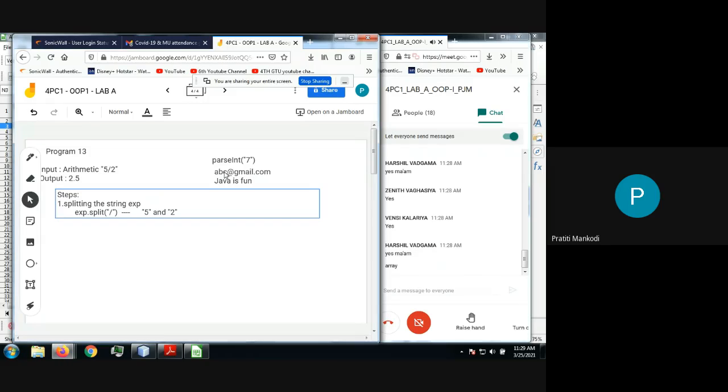Very good, Harshil. It is going to return an array. Now, do you know what will be the size of the array? Can you give me the exact number?